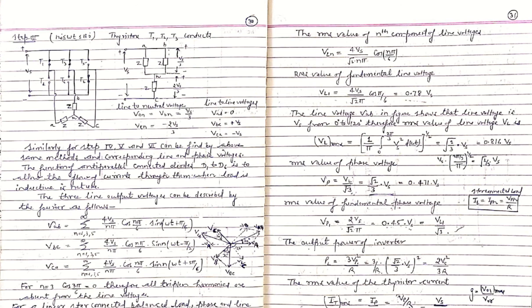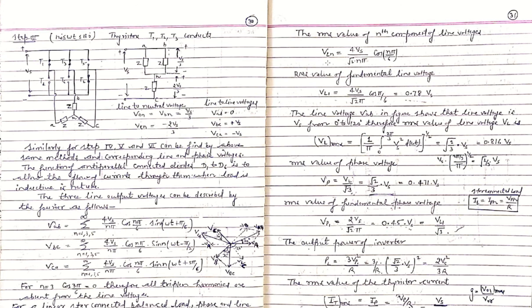So how can we find the RMS value? This is the maximum amplitude of this line voltage, 4 Vs divided by n pi. If we divide this maximum amplitude by root 2, then the RMS value will be obtained. This is a sine waveform having a magnitude of 4 Vs divided by n pi into cos n pi by 6, which is the amplitude of this line voltage. So simply if we divide this whole maximum amplitude by root 2, then the RMS value will be obtained for the